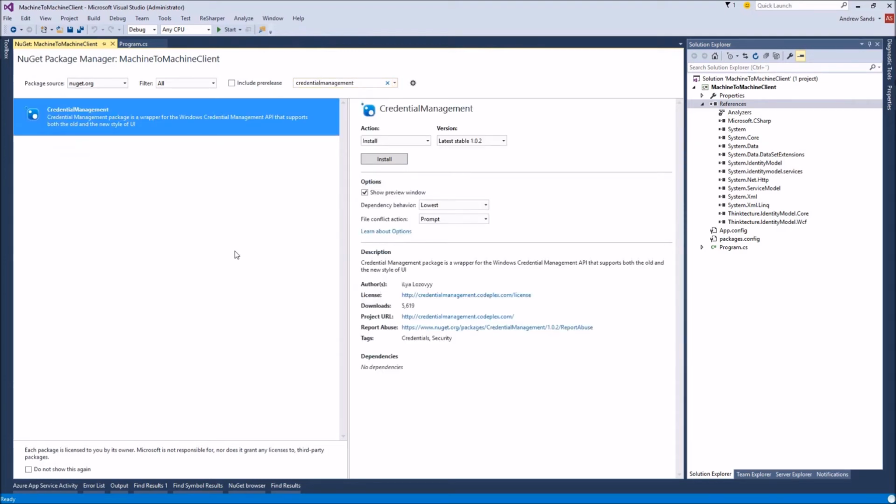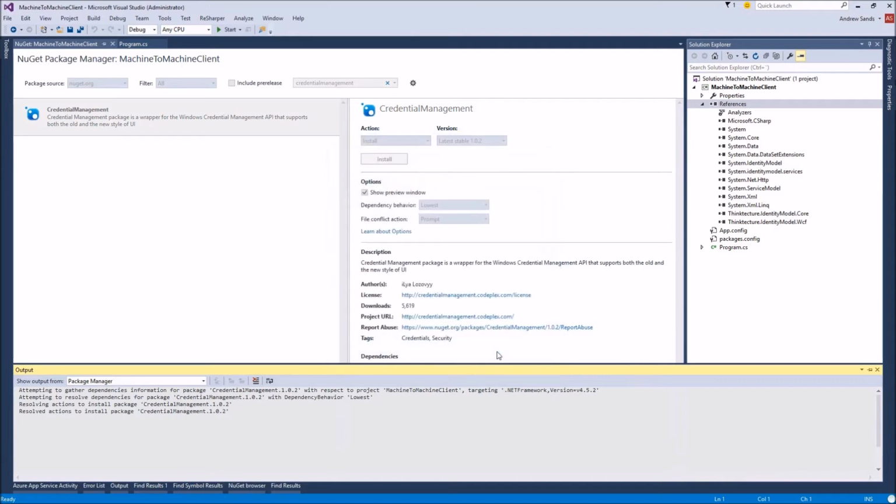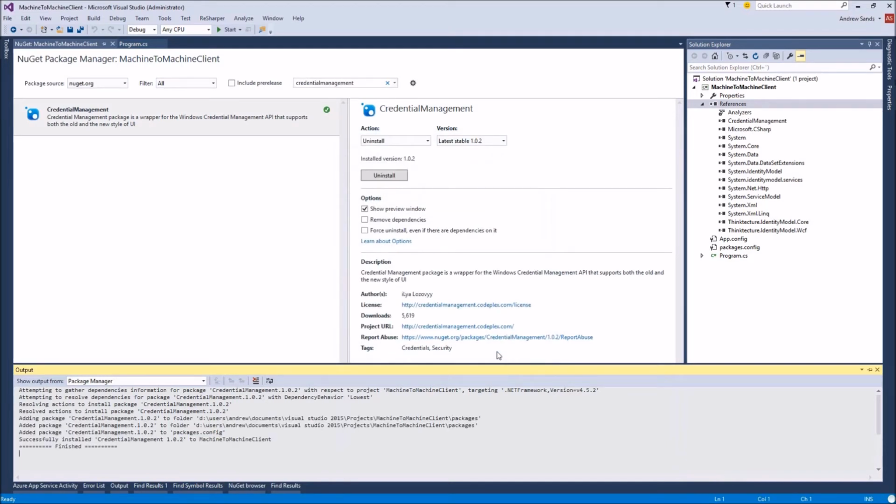This one here. Now this is an open source library. If you don't trust it, obviously you can go and grab the source code and make a fork of it yourself. But I'm going to go ahead and trust this guy,